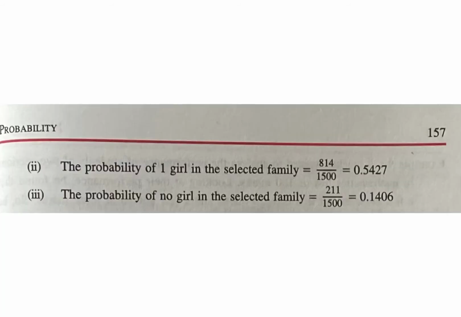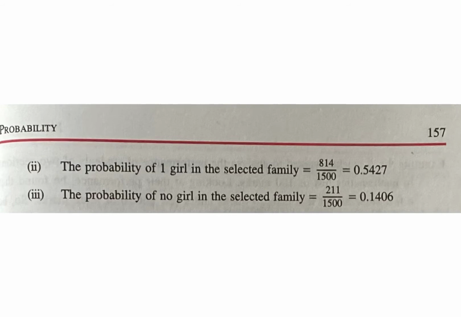0.3167. Now second, we have to find the probability that a family selected at random is having 1 girl. So in the table you can see that there are 814 families who are having 1 girl. So let F be the event that a family chosen at random is having 1 girl. Then the probability of event F, that is P of F, is equal to 814 upon 1500, which is equal to